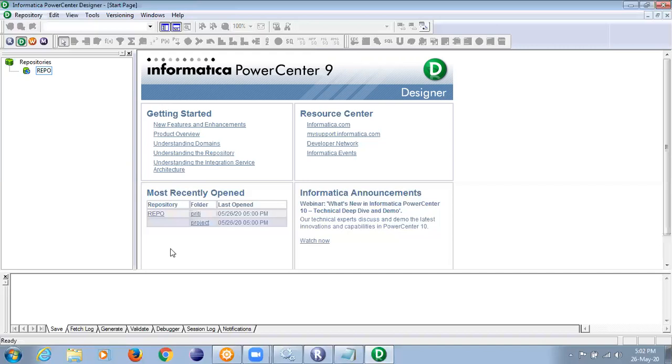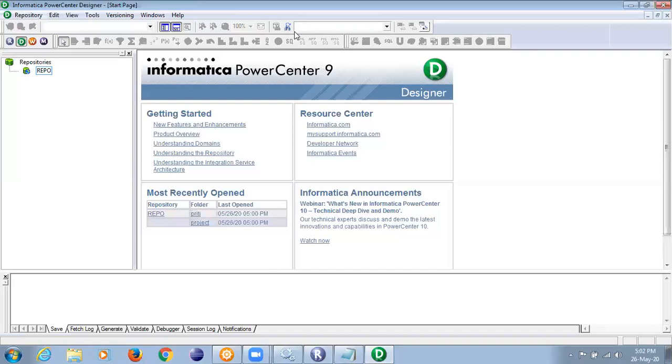The section where my cursor currently is called the status bar. Sorry, output panel. This is the output panel. Can you see here ready is written? That is the status bar. I'll tell you the importance of all the sections, don't worry. This is output panel or control panel. Repeating again: toolbar, navigator, workspace, control panel or the output panel, and the bottom one is the status bar. The importance of toolbar is whenever you want to use any new component,